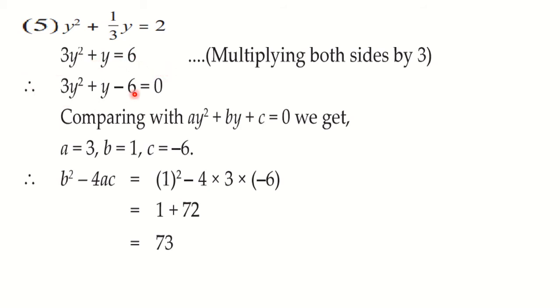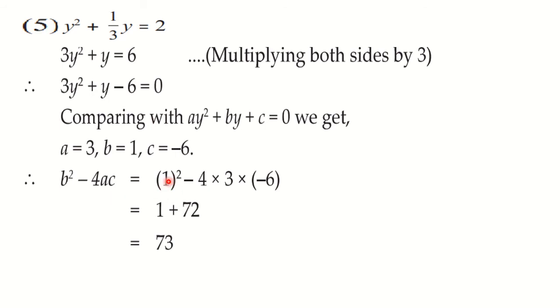Then write the equation in standard form. Take 6 on the left hand side. So we wrote it in the standard form. Afterwards, we can compare it with the standard form and from that we can write values of A, B and C. Then in the formula we have seen there is a term under root. To make the answer simple, we have to find that term which is under root, that is called the discriminant, you know that. So we will find the value of b square minus 4ac first, so that it will not become complicated afterwards when we put it in the formula.